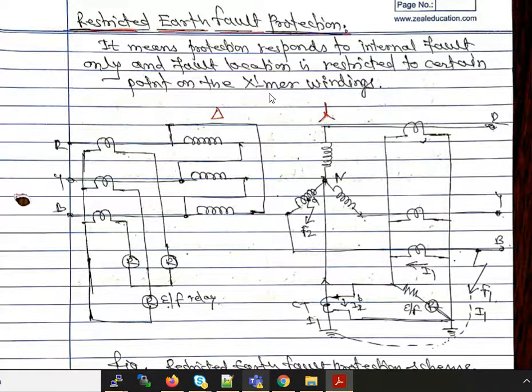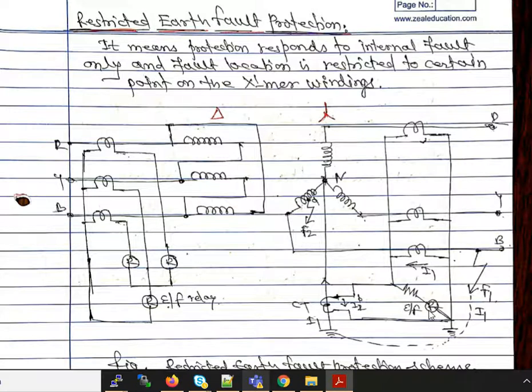the transformer winding. Now let us consider the delta-star connected transformer in which on the delta side the overcurrent relays and earth fault relays are used for the protection purpose. On the secondary side, the star connected, three CTs are connected in the three lines and their output is given to the earth fault relay. Similarly, one more CT is connected in the earth to neutral connection and its output is also connected to the